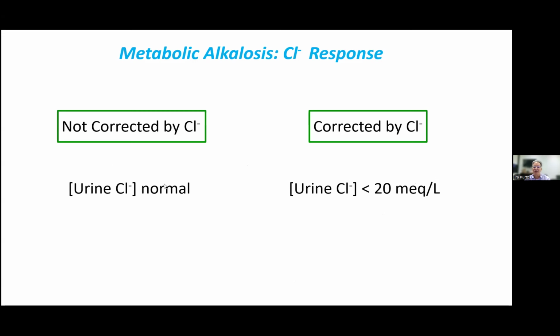However, if the urine chloride is normal, and by normal, the normal urine chloride is 70, 80, 90. It depends on your chloride intake and how much water you drink. And obviously, the urine chloride in the chloride responsive group also depends on how much water they drink. If let's say it's 20 and they're drinking a liter, and now I tell the patient to drink 2 liters of water a day, the urine chloride will go to 10. So the chloride concentration is at the whim of your water intake, like all electrolytes. Whenever you look at the concentration of any electrolytes in the urine, it's a reflection also of your water intake,